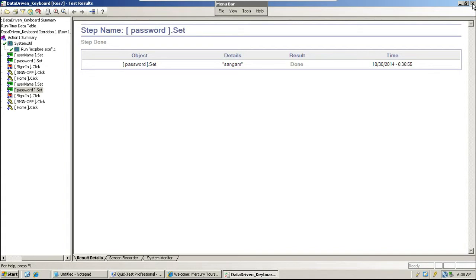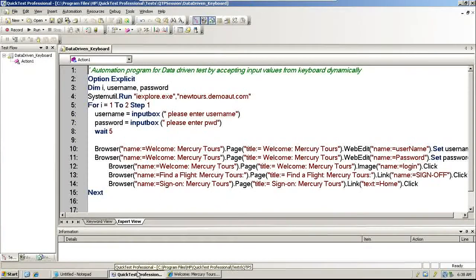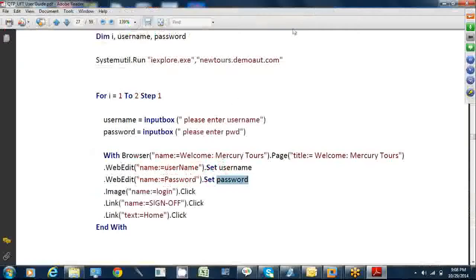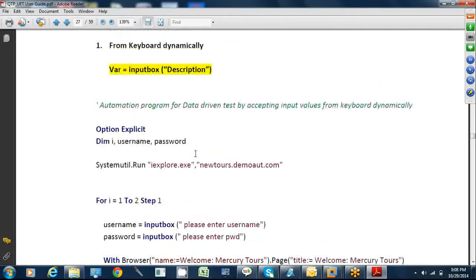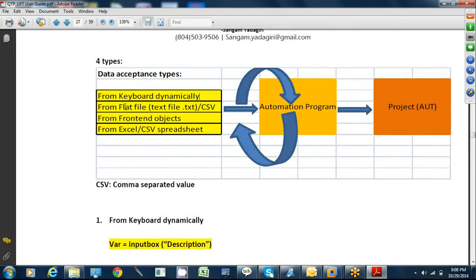Normally in your project you don't use the keyboard dynamically unless it is required. The other processes are more important than the first one. Just for the sake of learning, I have shown it to you, because if you enter keys on the keyboard, then there is no point in the automation because you are manually intervening. So the second flat file approach is important in some sense because you don't have to interfere. Automatically it will run the whole program. You don't have to enter anything again. So that's true automation, right?